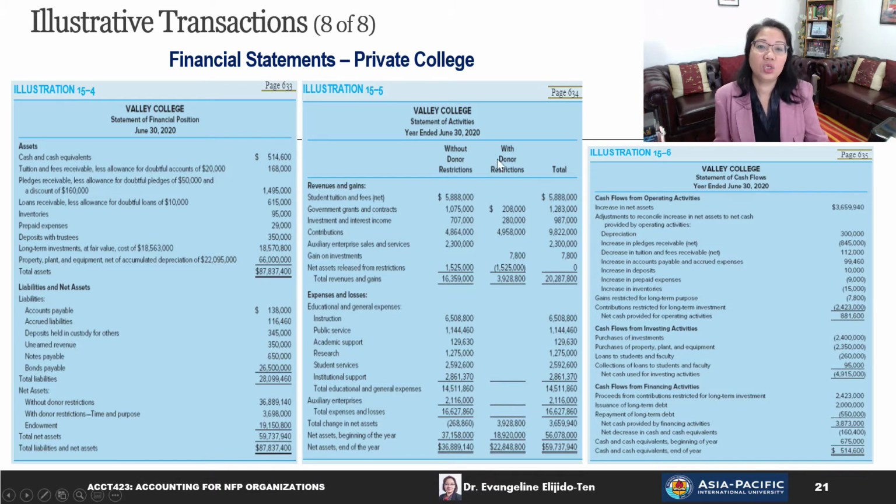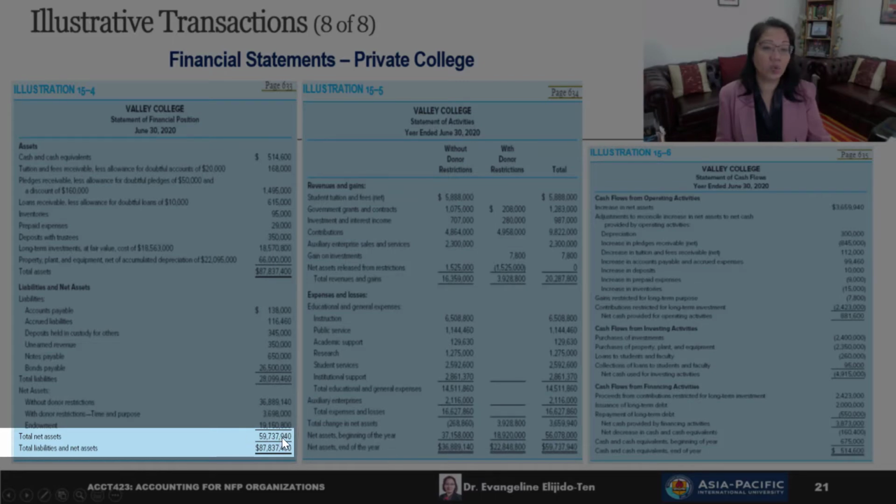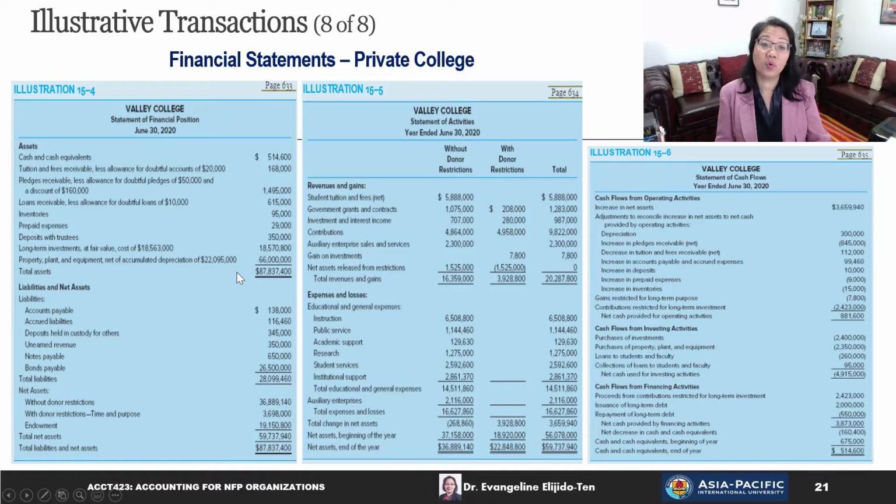All right, what you can notice here is that in a private college such as Valley College, the statement of financial position will highlight the total assets, liabilities, and net assets, and the net assets are categorized as without donor restrictions and with donor restrictions as to time and purpose. All right, total net assets would be given as well as total liabilities and net assets, which of course equals